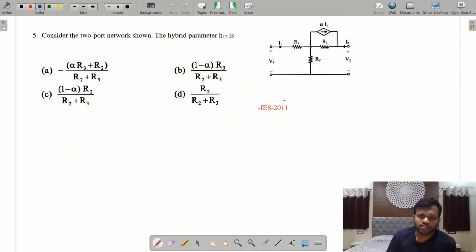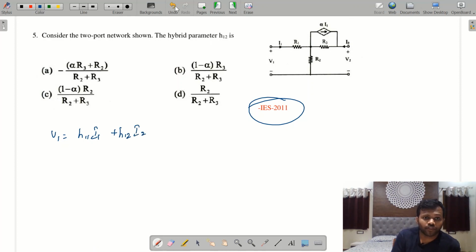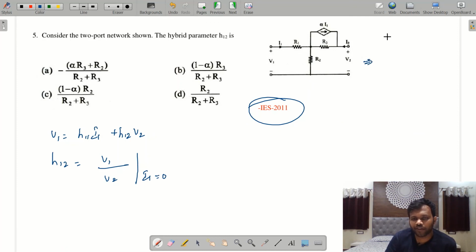Fifth question. This is an IES 2011 question. They had given a network and were asking to find the value of H12. What we know: V1 equal to H11 I1 plus H12 V2. H12 equal to V1 divided by V2 when I1 equal to 0. If you redraw this circuit when I1 equal to 0, the R1 term will be absent, as there is no voltage drop across R1 since the current I1 equal to 0. So I can redraw this circuit as R2,